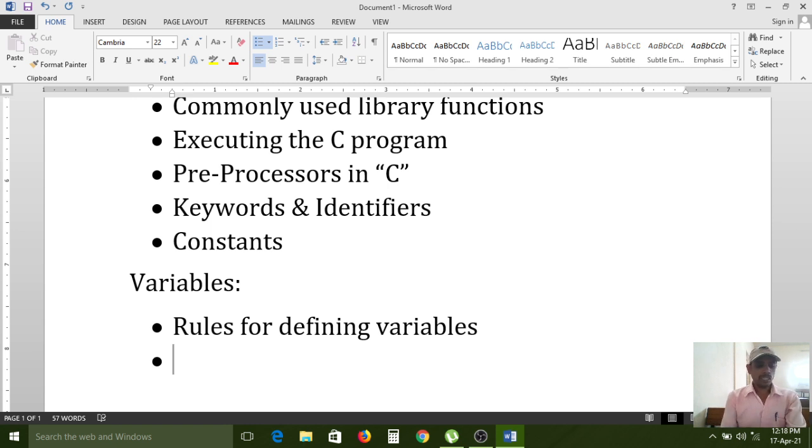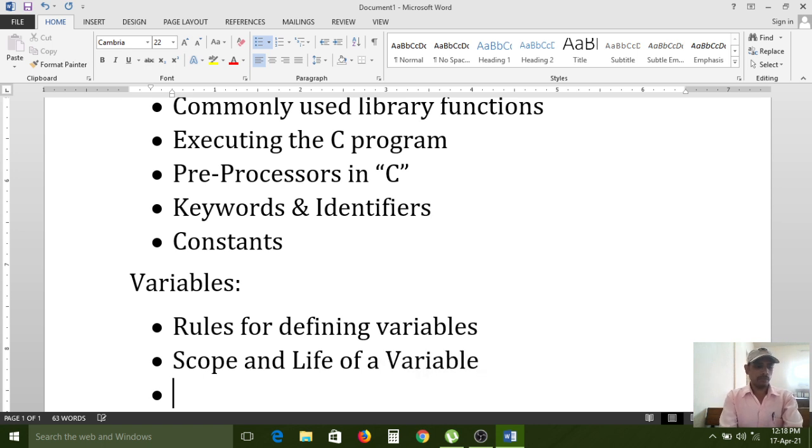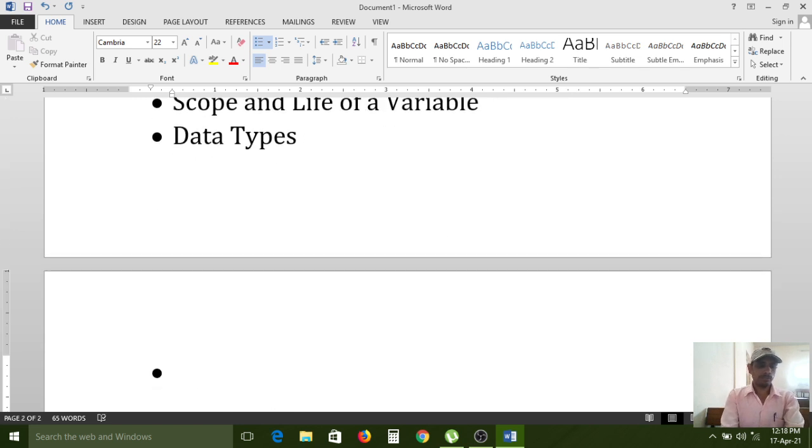And next is scope and lifetime. Scope and life of a variable. Next, data types. Next, type conversion.